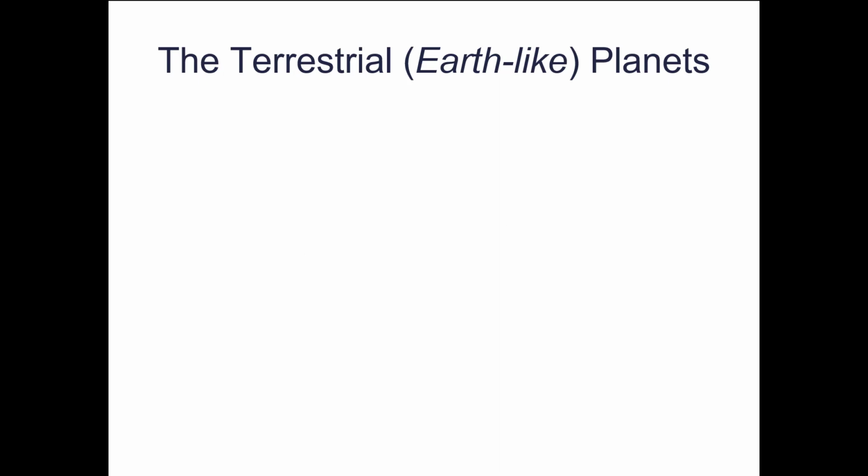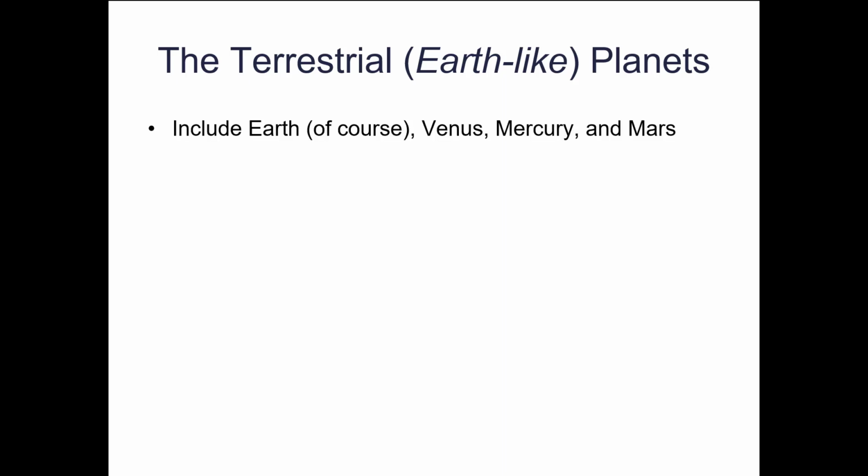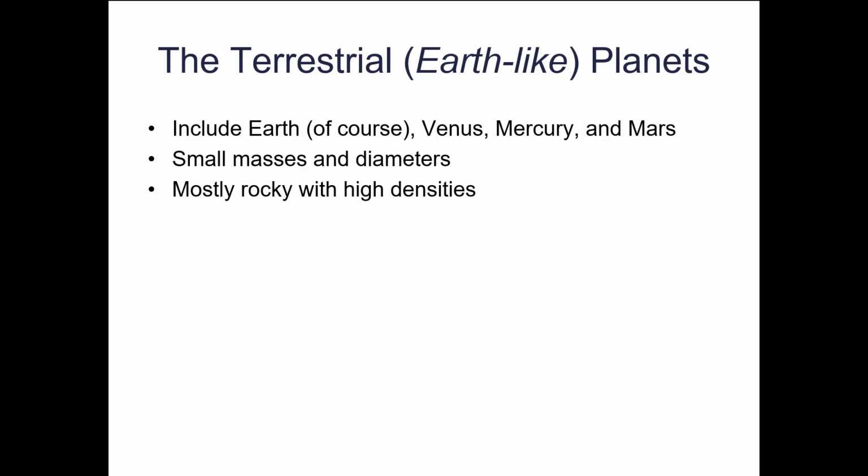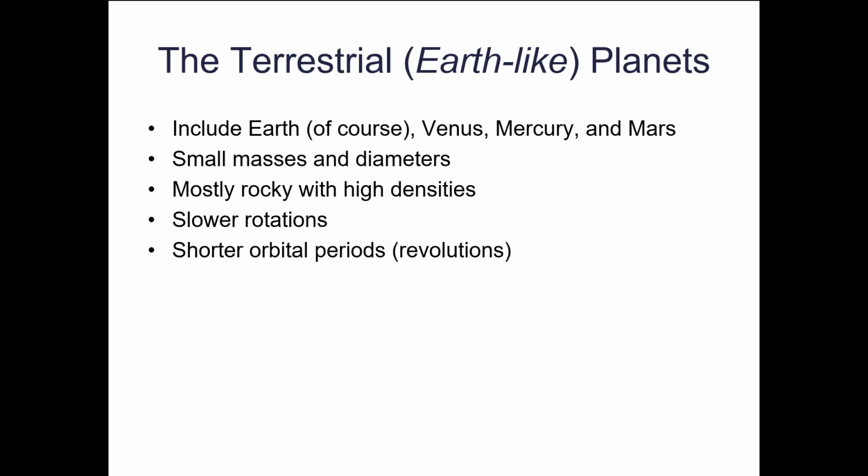So let's take a look at the terrestrial planets. For the most part, you can take the characteristics of the Jovian planets and turn them around. The terrestrial planets include Earth, Venus, Mercury, and Mars. They have small masses and diameters. That's just the opposite of the Jovian planets. They're mostly rocky with high densities. They don't have much in the way of atmosphere. They have slower rotations,